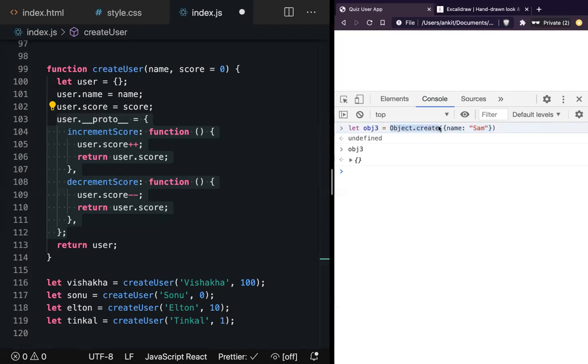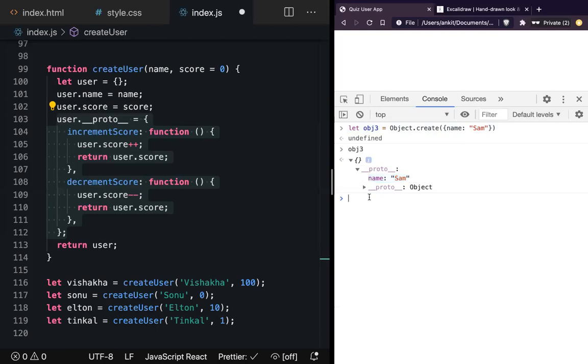The browser, or the JavaScript engine, is doing it for you. You're telling this method, go ahead and change the dunder proto of the newly created object to this object. And that's why you can see the dunder proto changed to name Sam. So this is informing the browser or the JavaScript engine that I'm going to change the dunder proto of a newly created object.